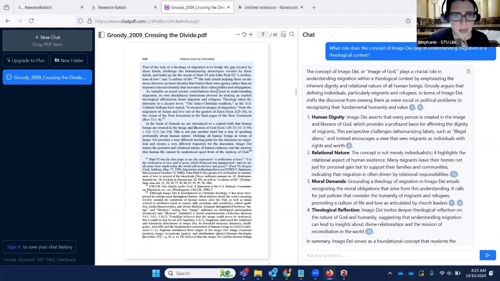Because it's not really about defining all human beings in terms of the image of God, it provides a very different starting point. I would argue that it's maybe not really definition, it's this thing of labeling. So the word choice, where he did say defining, but earlier he said labeling, and there's a way that humans make meaning out of things that